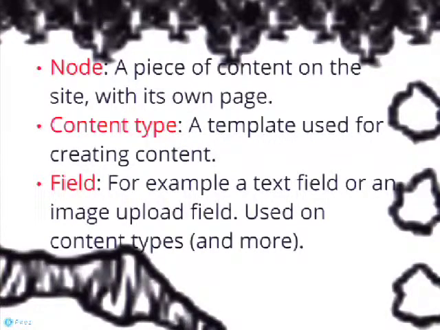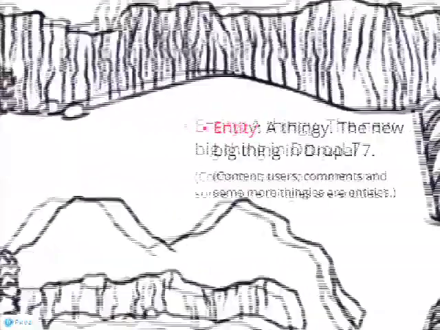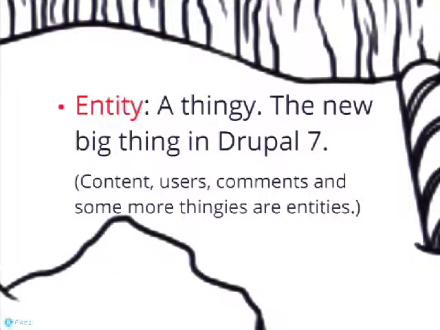Then we have one more word, which is my favorite one. It's kind of a buzzword when it comes to Drupal 7, and that is entity. When this was introduced, it was called a thingy at the first discussions. So if you want to appear knowledgeable about Drupal, you can say thingy instead of entity, and people will start